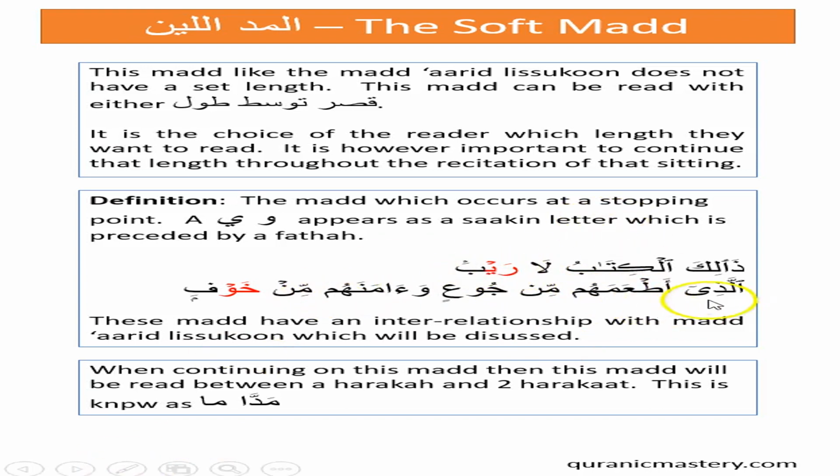And let's look at the other one. This is the ya, of course. الَّذِي أَطْعَمَهُم مِّن جُوعٍ وَآمَنَهُم مِّنْ خَوْفٍ. That's tawassut. And if you were to read with qasr, that was qasr. If you were to read with tawassut,